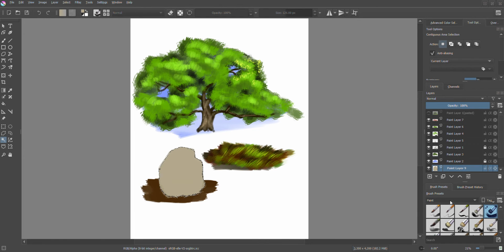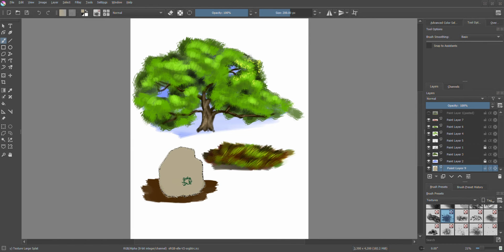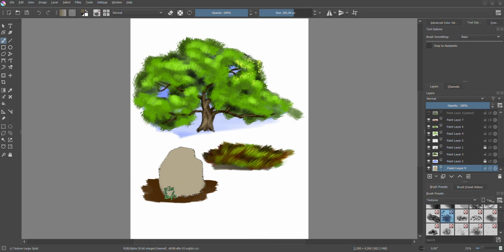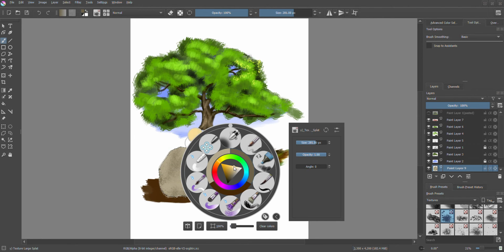So then I'm going to come down here to the texture brushes, and I'm going to grab, I think this one here, this kind of splatter brush. And then I'm going to go to like a darker shade of gray, and I'm going to make it kind of big, and I'm just going to very lightly put in kind of a rough texture, and I'm going to start to think about where I want the major forms of the rock to be when I'm laying in this texture. Then I'm going to do the same thing with a lighter value, like a lighter gray,